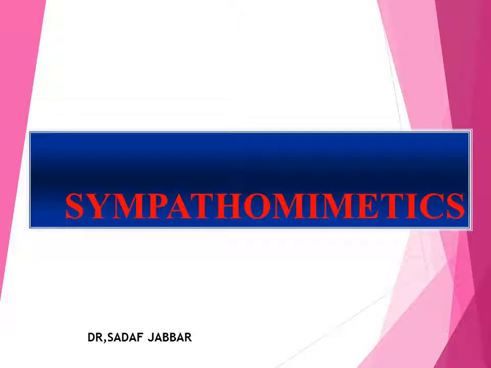In your previous lecture, you have been taught in detail about the sympathetic nervous system. You know when and how the sympathetic nervous system acts. What are the different neurotransmitters related to the sympathetic nervous system? What are adrenergic receptors? Where are they located? And what are the different pharmacological effects that they show on different systems of the body when these neurotransmitters bind to these adrenergic receptors?